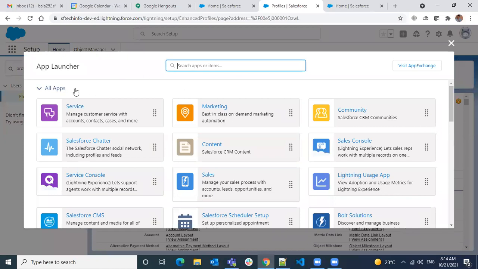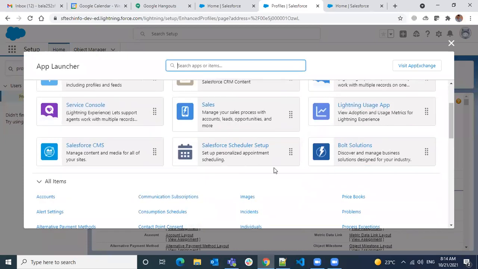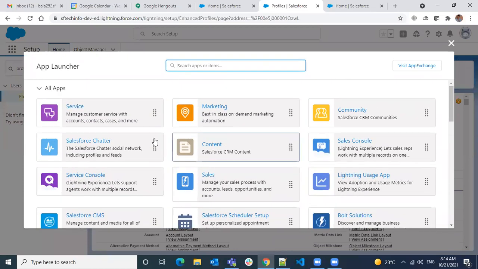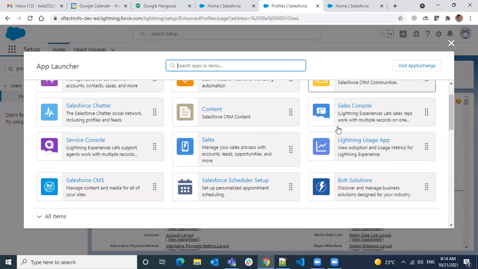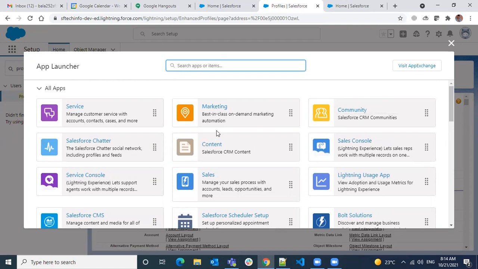Okay. Now, I think we lost from here, right? Apps. Okay. So here we can see all apps that are available in Salesforce by default. These default apps will be different based on your edition and what kind of org you have subscribed for. This is because I have signed up for sales, so I have sales, service, marketing, and all. So if you have subscribed for different clouds, you will have different apps based on the cloud you are subscribing to.